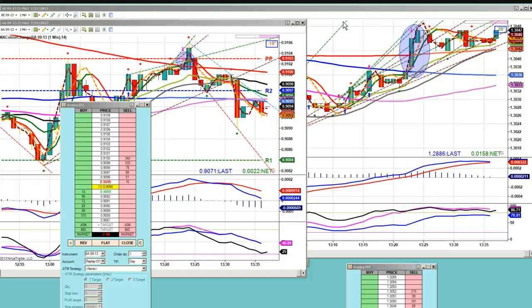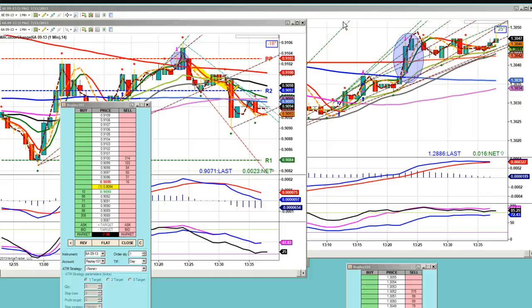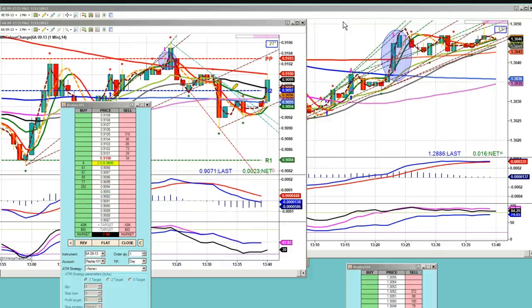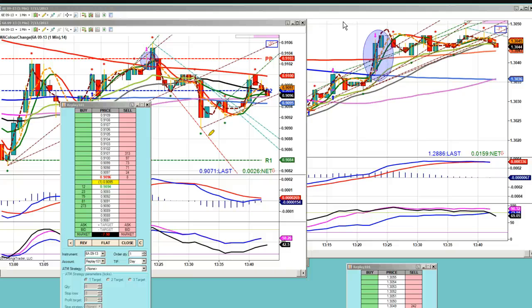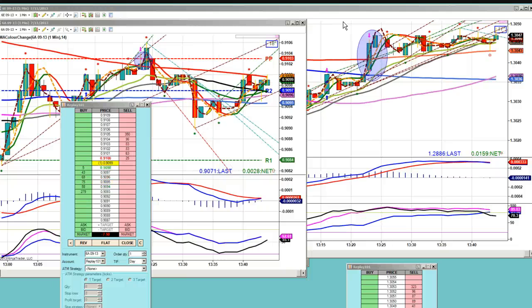Why? Because we never penetrated the 200. Notice where the 13 is. So they're going to both show you red or green. They're just going to give you different price action. So you can use that to your advantage. You see that we're coming down. You see that this is below the 200. You can take your trade here, and then you wait for things to go long again. Now you have another clear trade opportunity.